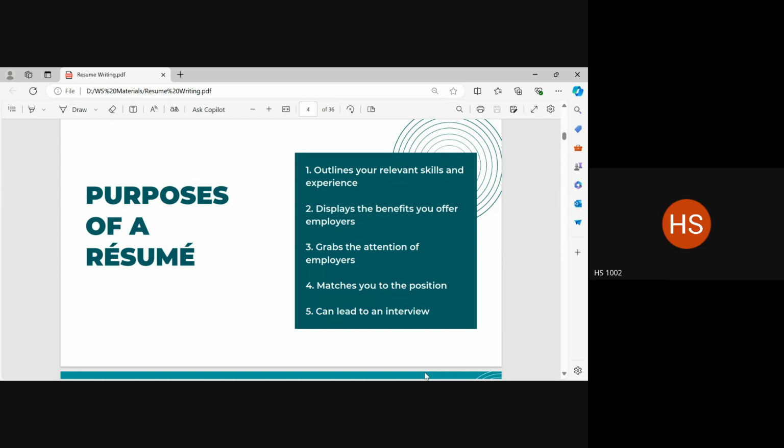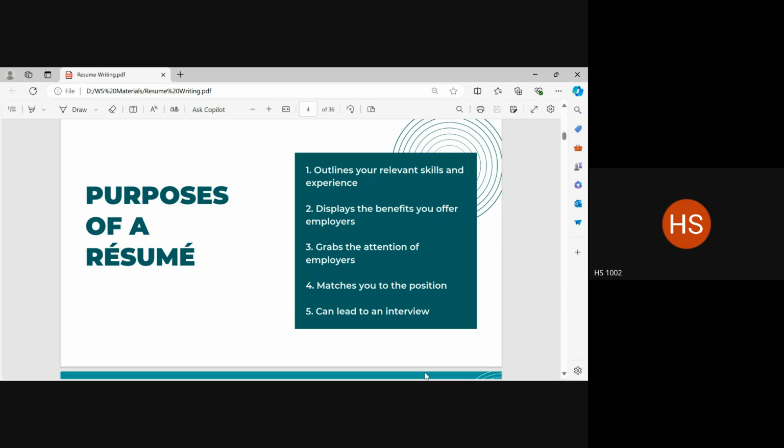And it is always written down. So there are several things that are specific to this kind of a communication. The first of which is that this sort of communication should serve certain purposes for the person who is sending out the resume. It should outline your skills and experience.